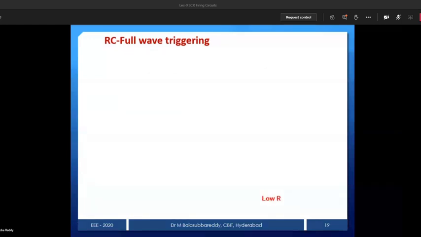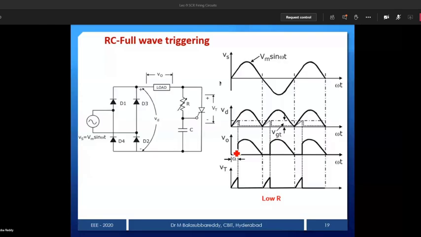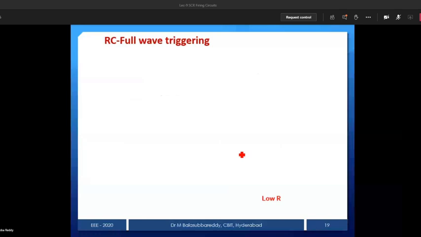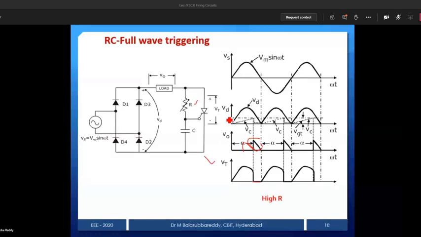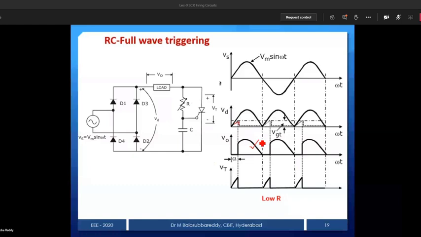For a low value of R, same thing, just as I explained previously. If I use a large R value, then what happens? Alpha will be large. Similarly, if I use a low R value, it takes less time to reach VGT. Therefore, the output voltage we get is more. So we are able to control R in such a way that you can control the alpha value. Now in our lab also we have knobs. In turn there is a resistor variation. By changing that knob, you can control the alpha value.